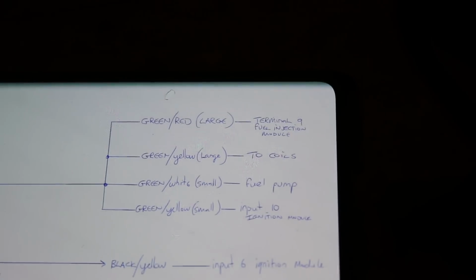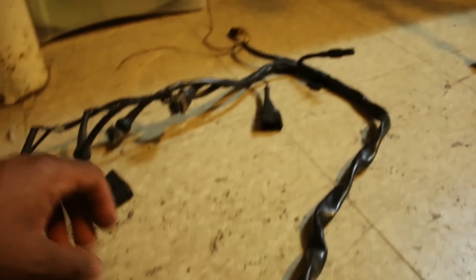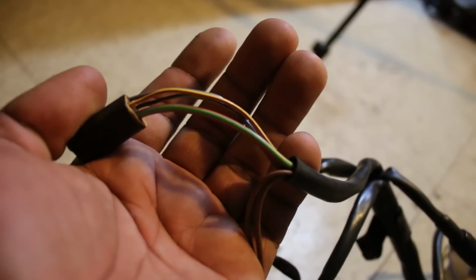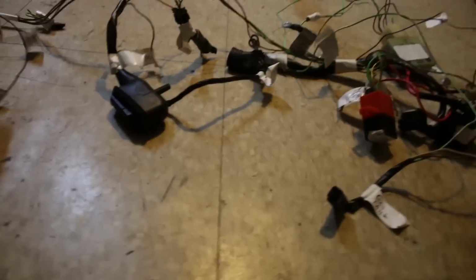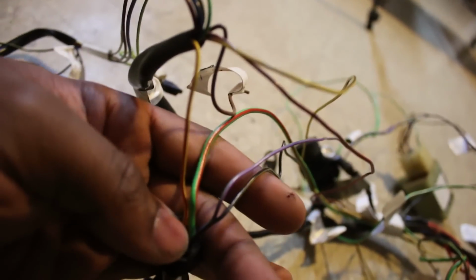So first one is the green and red, which goes to the fuel injection. So this is the plug for the fuel injection brain, but where it plugs into the harness is over here, right? So green and red right there, you see the bottom one? Very fitting for Christmas. So that's where it plugs into the main harness, which is this connection right here, and you can see I actually have it labeled from before. And you could trace the green and red wire